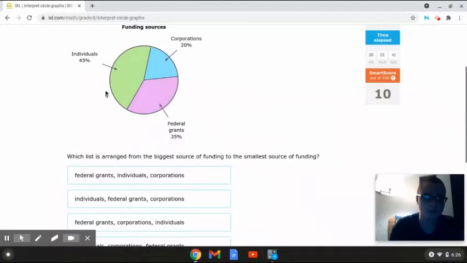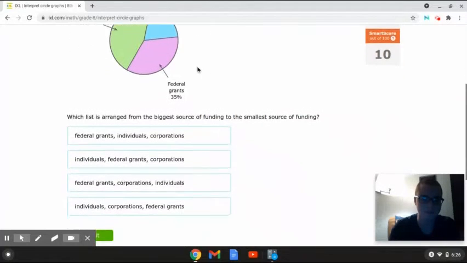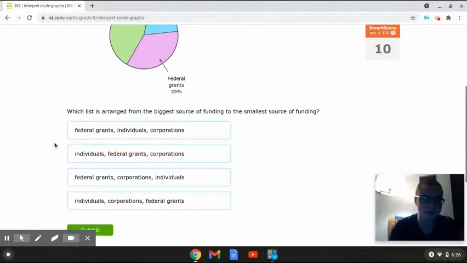So if we look again, it's asking from the biggest source to the smallest source. So it's going to be individuals, which is 45%, federal grants, which is 35%, and then corporations, which is 20%. So if we look again, it looks to me that it fits in with answer choice number 2. So the answer for this problem is individuals,